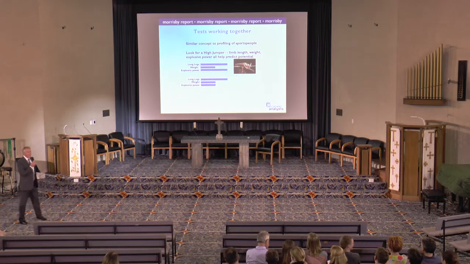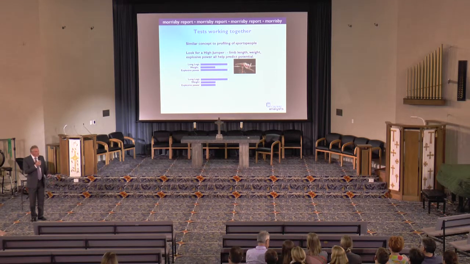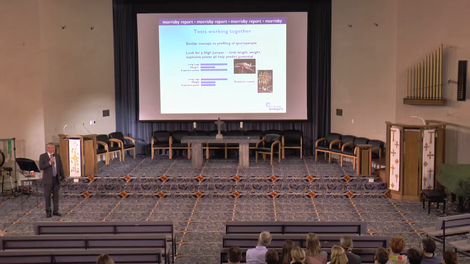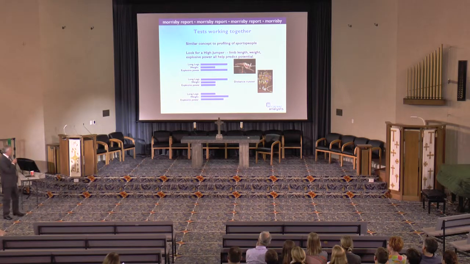Person 2 comes along. They look the part with the long legs and the low weight. But when we test them, we find they don't seem to have that explosive power. Instead, their muscle structure seems better suited to endurance events. So for them, something like distance running might work. And it's as simple as that, as a model. Let's have a go. What do we think?